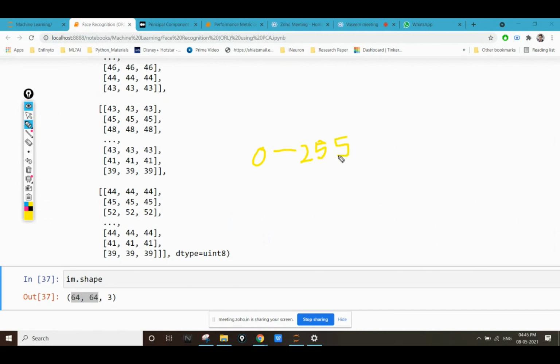We all know that each image file consists of multiple pixels, and each pixel has a pixel value. In the case of black and white images, it will have black and white pixels only, which vary from 0 to 255. And if it is a color photo, then a pixel will have RGB values: red will have a value of 0 to 255, blue 0 to 255, and green 0 to 255. So we'll have a total of 255 into 255 into 255 values.